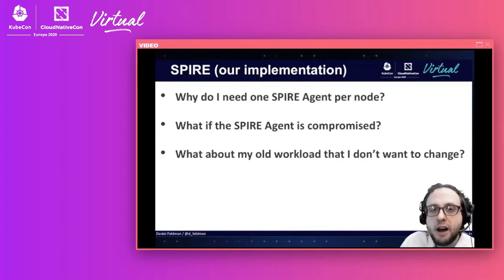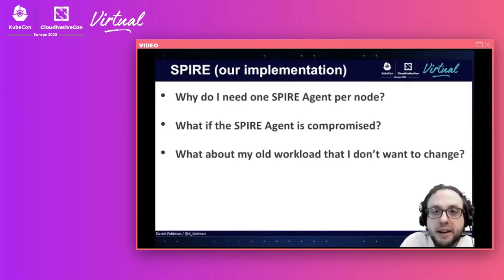Also for Java, we've provided a jar that plugs into the Java TLS APIs at a low level. So you can use SPIFFE in Java without changing your code at all. You just need to change some Java configuration. Then when your Java application creates a TLS socket, it will automatically use SPIFFE to get a client certificate.